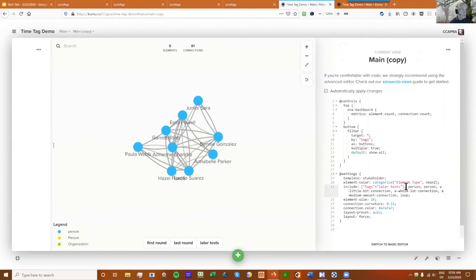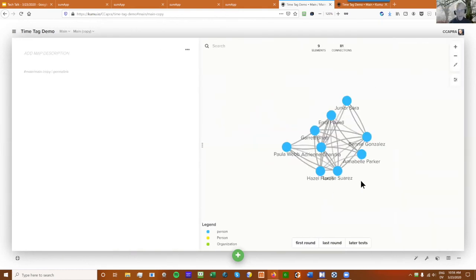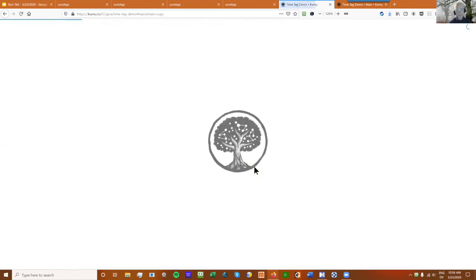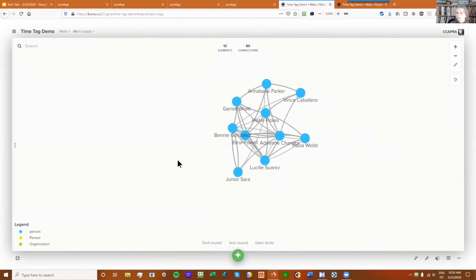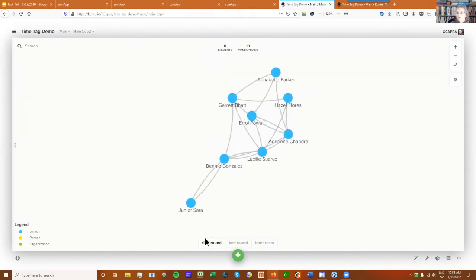Let me remove that and you'll have to refresh, and then all of the time tags will be back in there. Okay, so for 10 elements, right now there's 90 connections. In the first round, there were 18 connections. That's not going to tell us much though, because it doesn't tell us which ones are piled on top of each other.